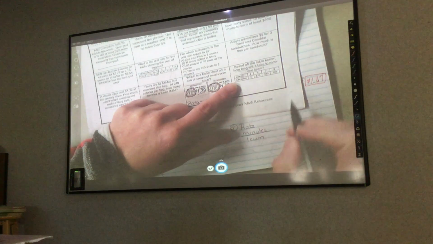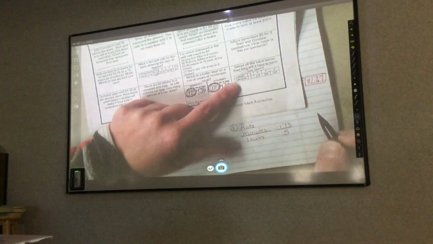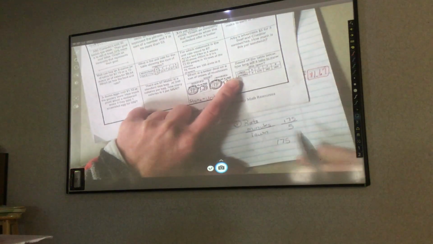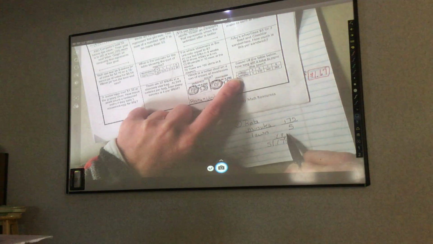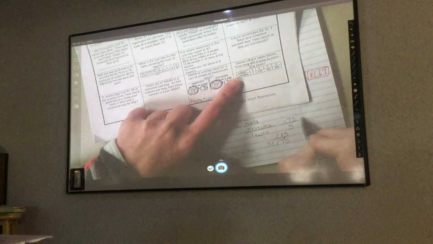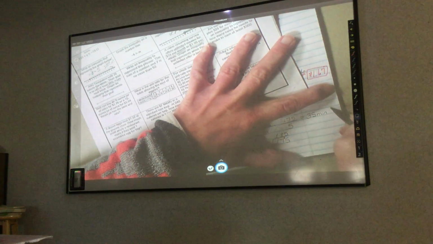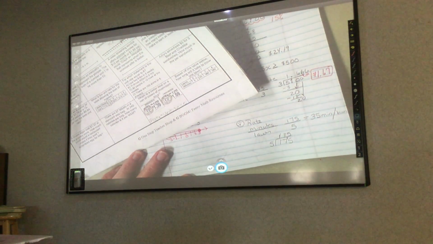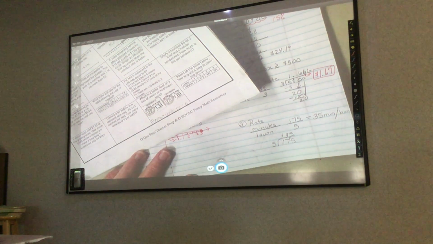So then I'm going to take 175 for 5 lawns, so 175 minutes for 5 lawns. I do that division, so I take 175 divided by 5, goes in there 3 times, 2 left. So it would be 35, and I want to label minutes per lawn. You have to have a label. Just like when we go over today's homework, you'll have to have that label. Go ahead and take a